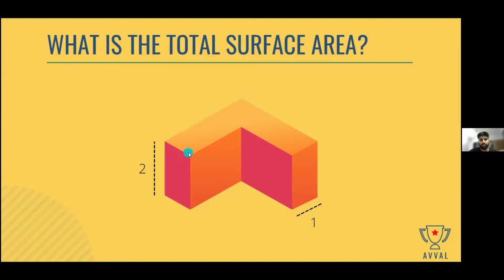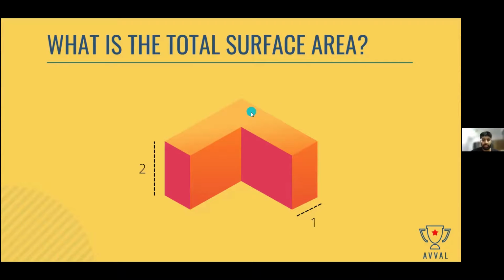And what is the breadth here? Can someone tell me what is the breadth? It's 1, correct. So the area of this rectangle, if I break up my L shape into 2 rectangles, if I draw a line here, it becomes 1 rectangle of side 3 and breadth 1. So the area is 3. And what is the area of this smaller rectangle? The side is 2, this length is 2 and the breadth is 1. So 2 into 1 is 2. So 3 plus 2 gives me 5.